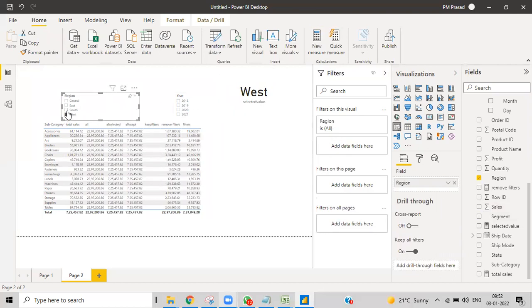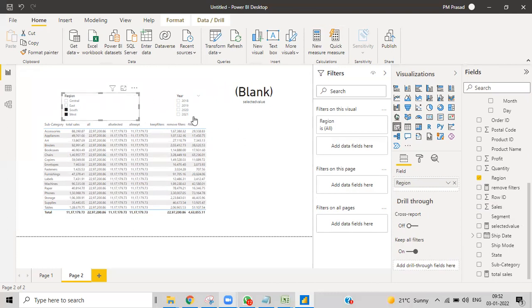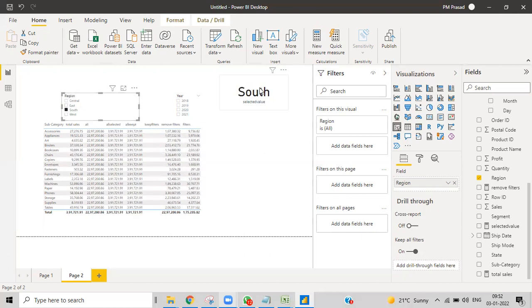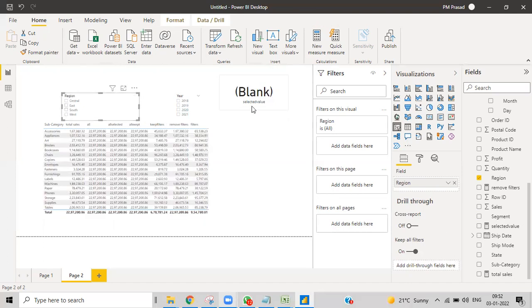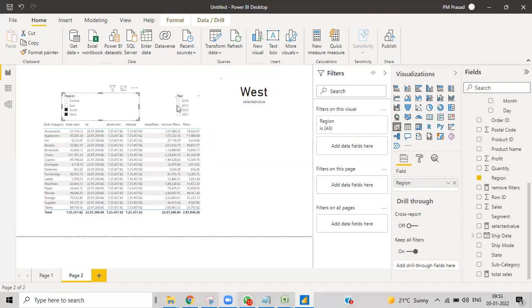Just keep in mind, if you select a couple of things, then it doesn't show those values. It will show only when one value is selected. If you don't select anything, it will show blank. Even if you select more than one value, it will show blank.